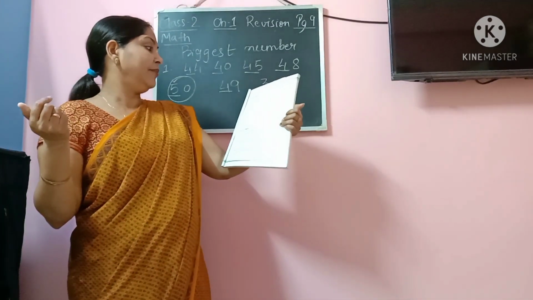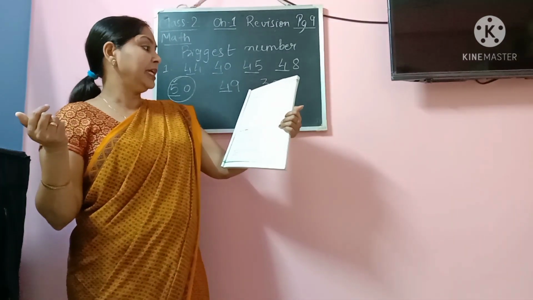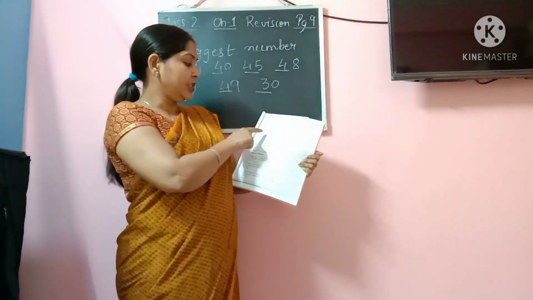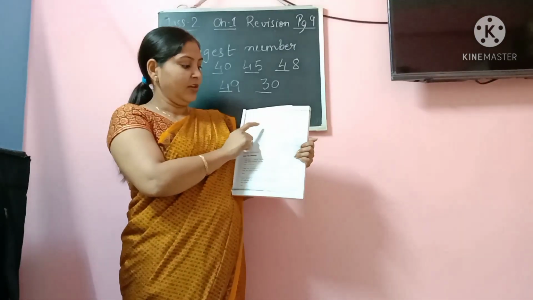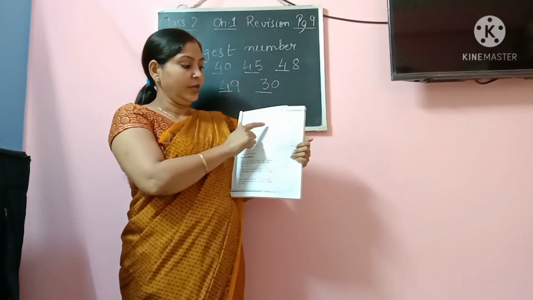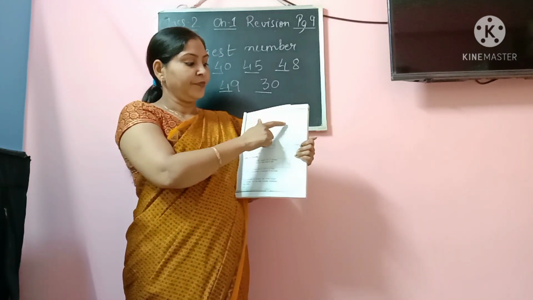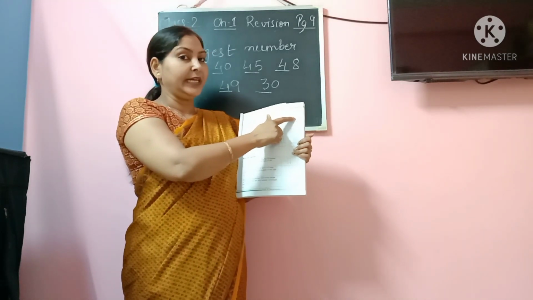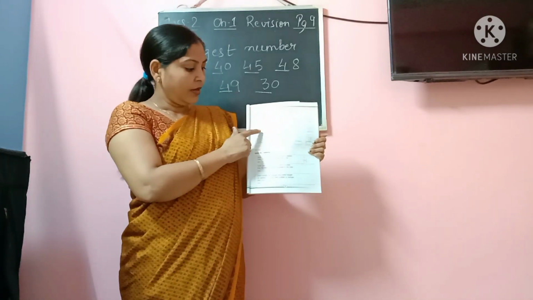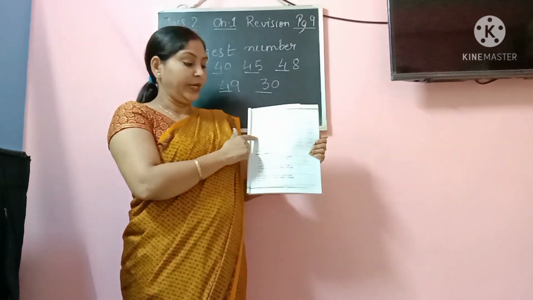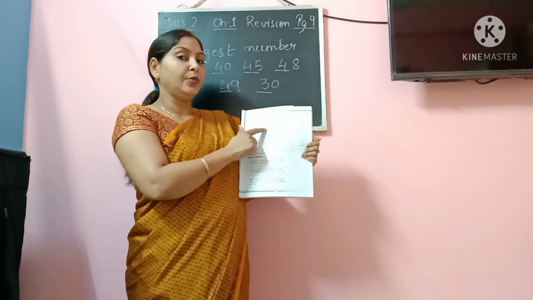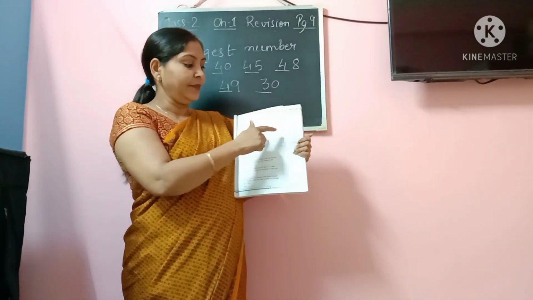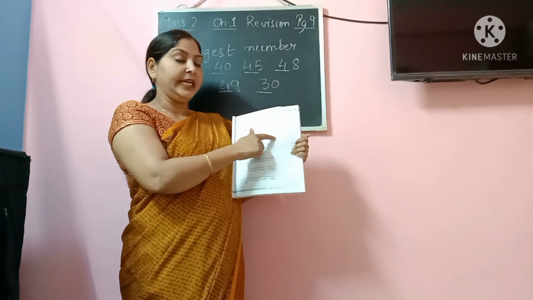On page number 11, multiplication of 1-digit numbers. So all are 1-digit numbers. First one is done. 2 8s are 16, 4 6s are 24, 3 9s are 27, 5 7s are 35, 3 10s are 30, 2 14s are 28, 3 12s are 36, 7 11s are 77, 4 22s are 88,